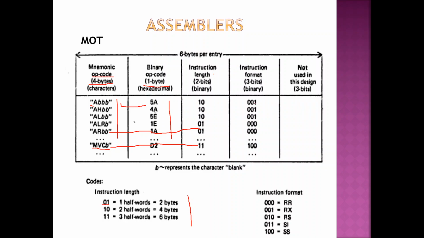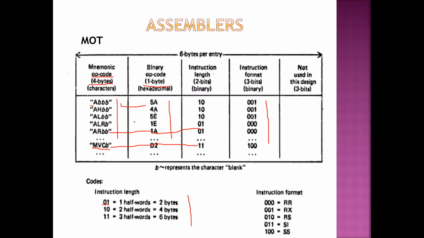Then you have instruction format. You also should know what the instruction format is, only then you can decide how we are going to place it. For each and every instruction format, we have different ways of writing it, yes or no? Then we have opcode, then register 1, register 2. Some will not have register 2, they will have address. So you have a method of writing. Every different type of instruction has a different way of representing it. So you should know what type of instruction.